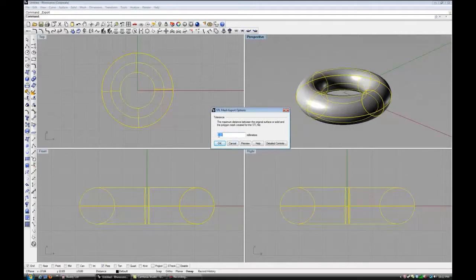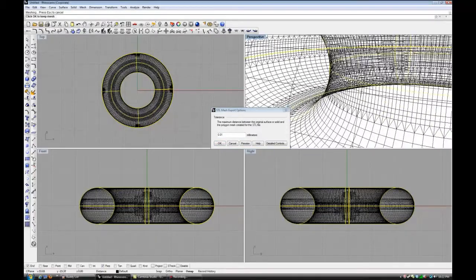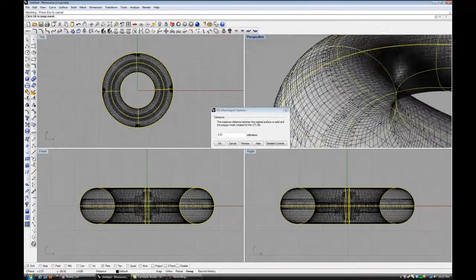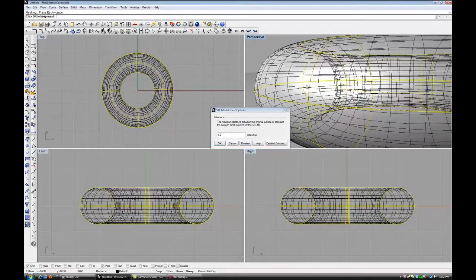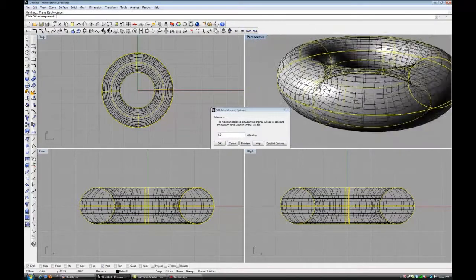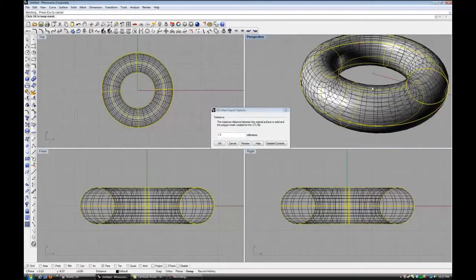When it's set to 0.01 millimeters, what that will do is it will create tiny little polygons on our surface, and that's not appropriate for our print. So if I select preview, you'll see we'll get fairly strong detail across the object, and that's going to make our file size a lot bigger, and the print job is going to take a lot longer to compute. If we set this to maybe a millimeter, we'll end up with polygons that are a lot bigger, but they're not going to show up as much in the model, and they're going to make it much easier for the